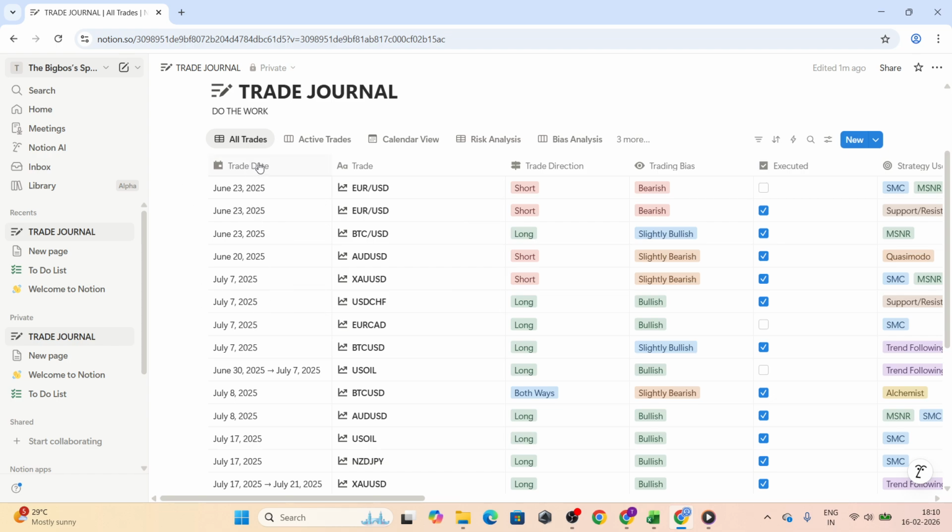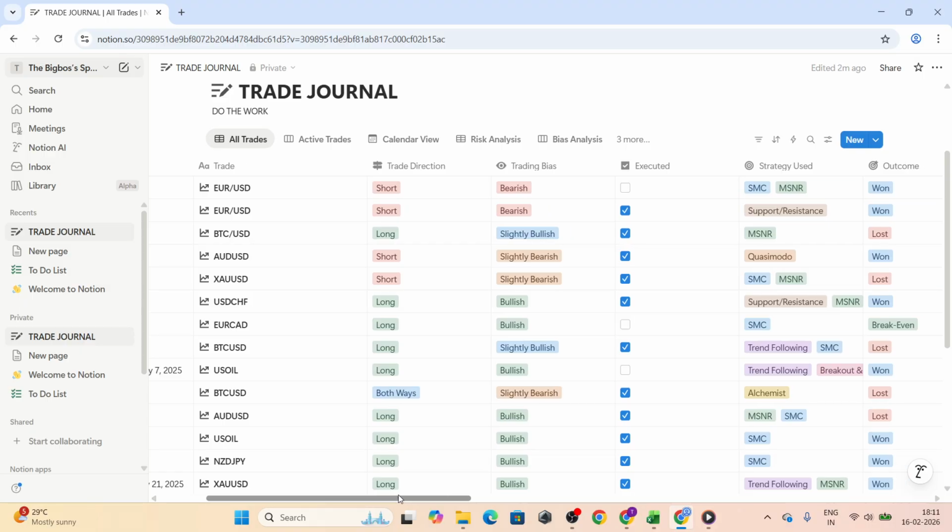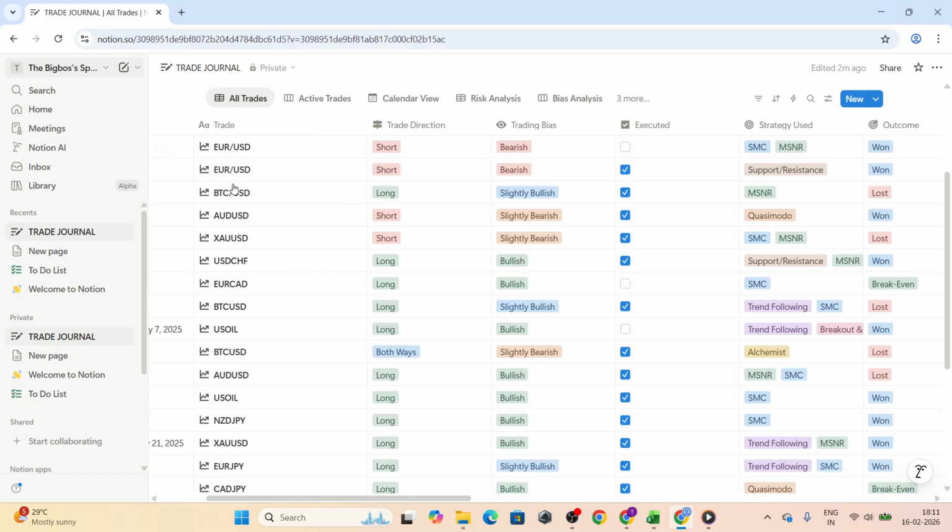Add a date property and use it to timestamp when the trade was taken. If you like, include start and end times inside that same date entry so you can see how long trades ran. Next, add asset or pair. You can keep this as plain text for full flexibility or choose select to standardize entries. If you go with select, create options like EURUSD or BTC so your spelling stays consistent